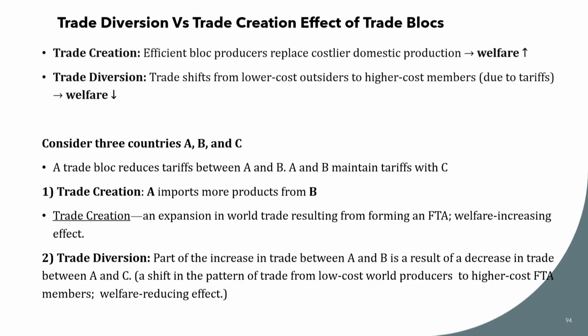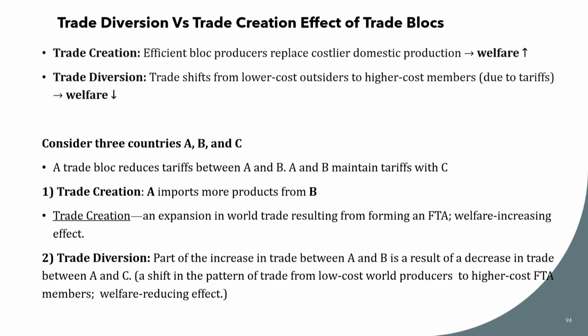That means that international trade may shift from lower cost outsiders to high cost members, because the agreement, by changing the trade instrument, means they need to buy from the member countries. And what if it leads to a shift from low cost outsiders, whom they normally buy from? Because of the regional trade agreement, if they are importing higher cost goods from the member countries, then this is trade diversion, a welfare deteriorating proposition.